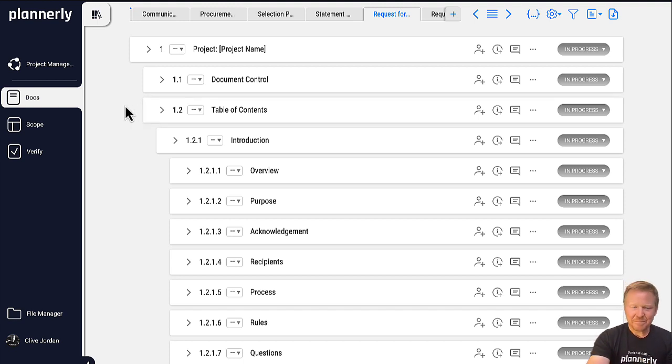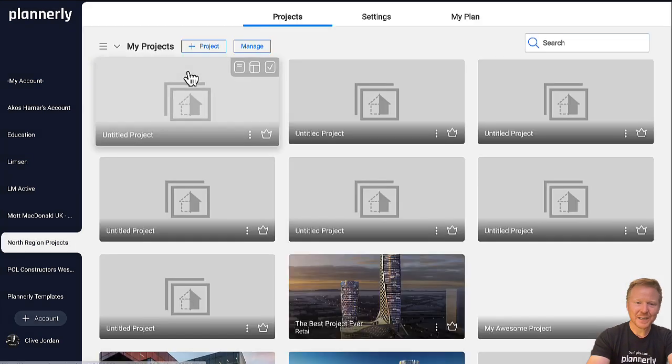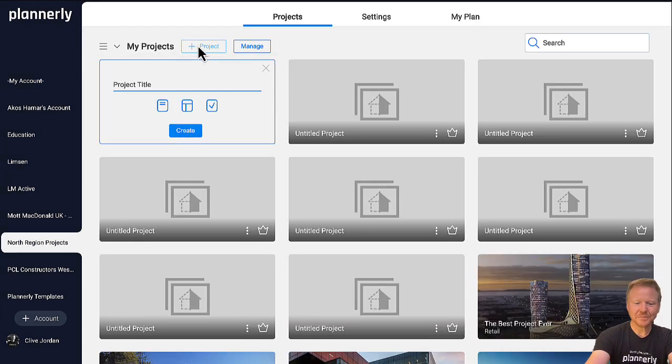So I just wanted to share how setting up structured documents in the Docs module can help you and can streamline that workflow. Because now when I start another project, with this project management set of information, I can start my new project, call it new project,